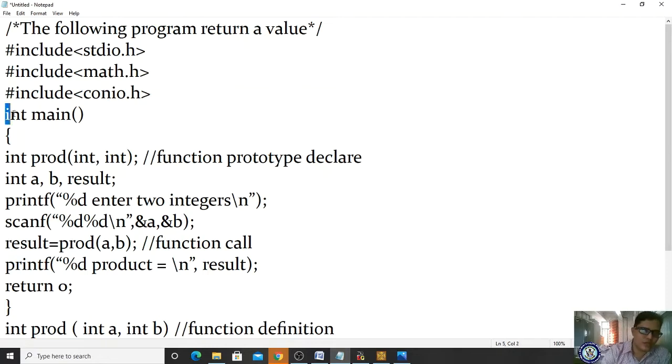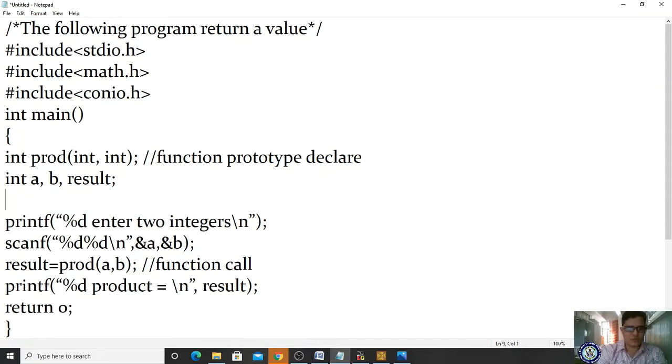Please observe the int main function. We already explained in the first chapter that while writing a C program, we write int main function. If you are using int main in your program, you have to write the return statement. This return statement will return the value to the main function. Now observe what you are doing next.